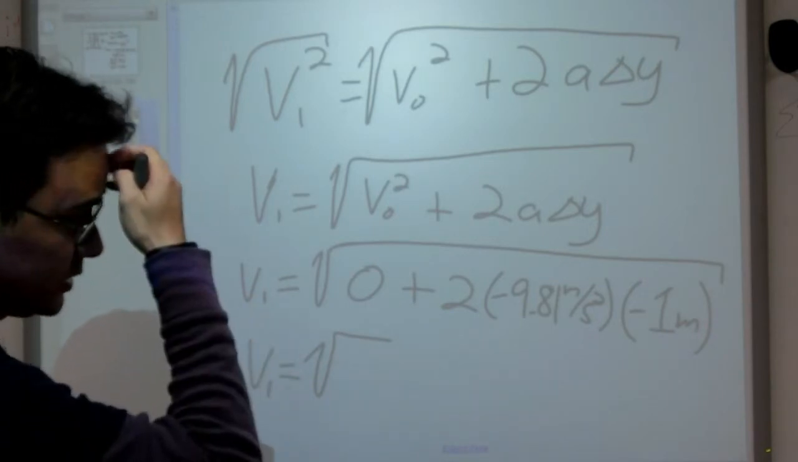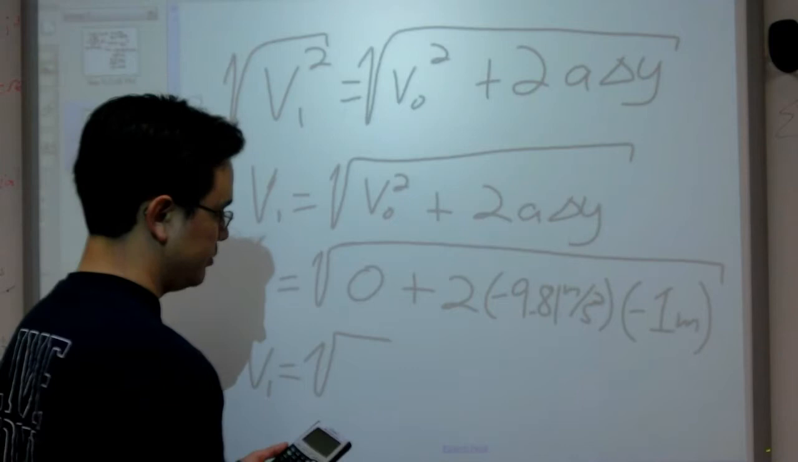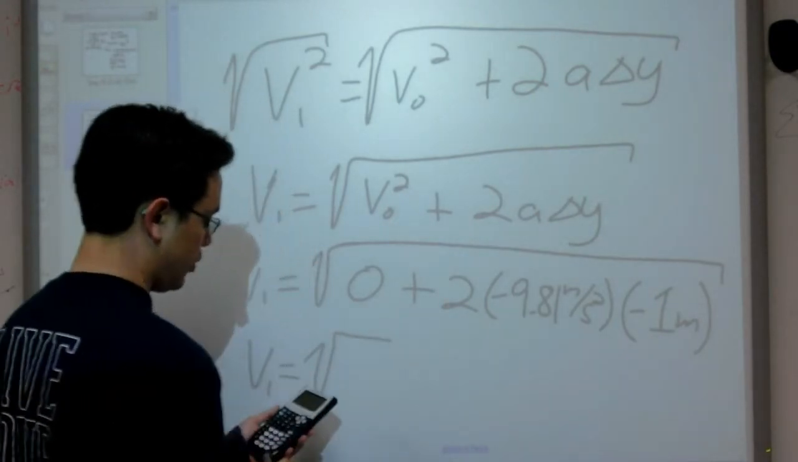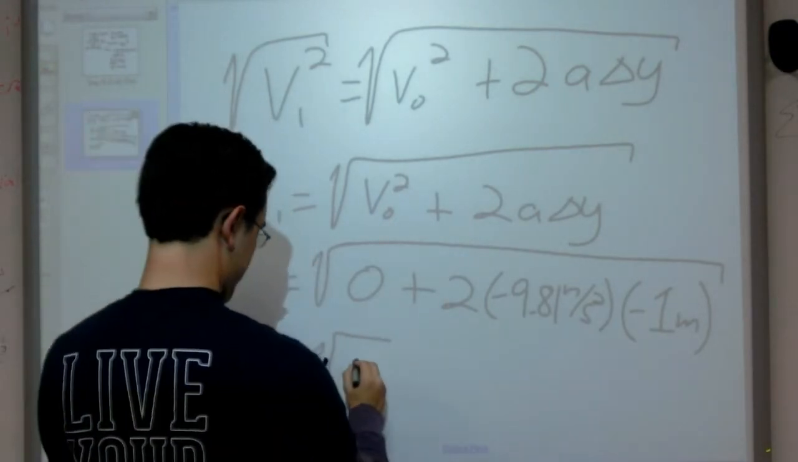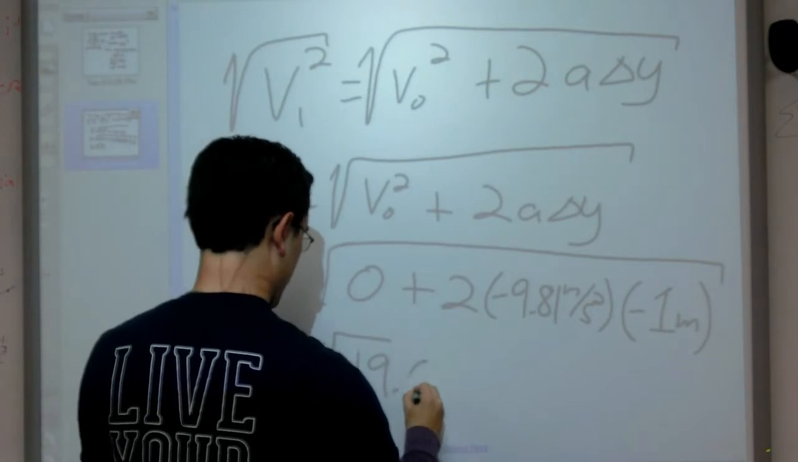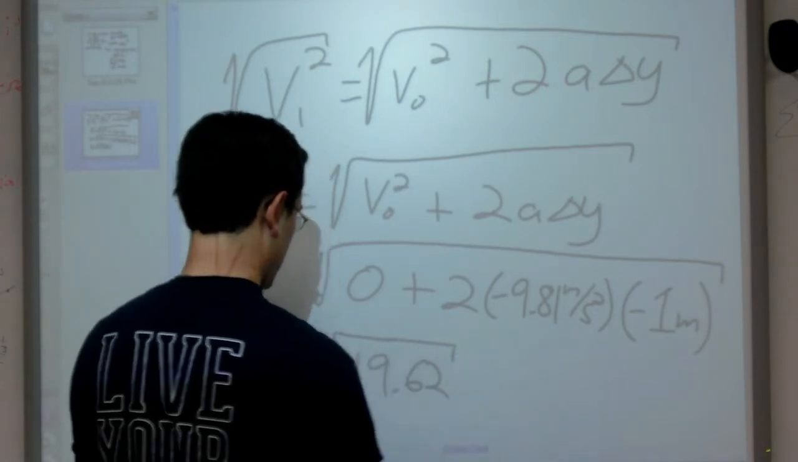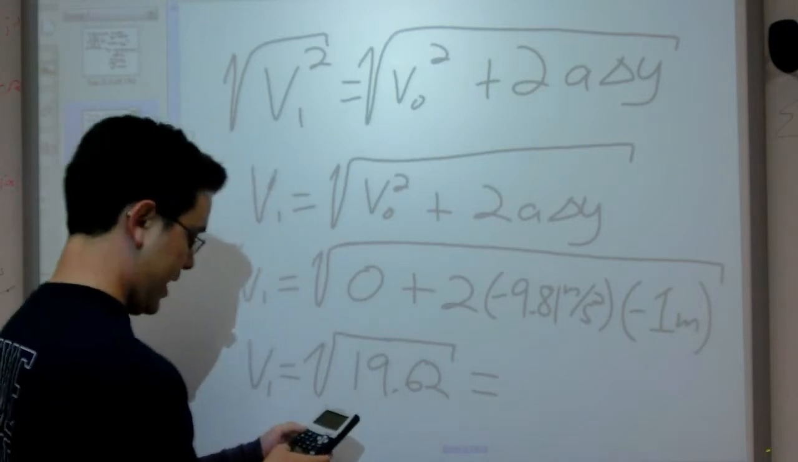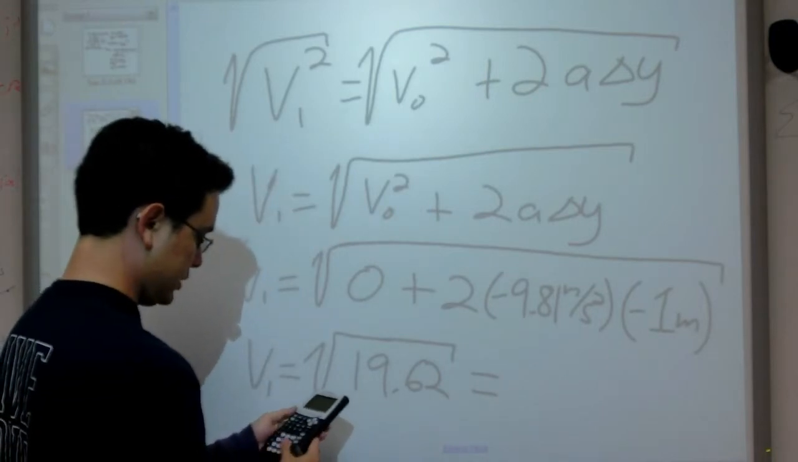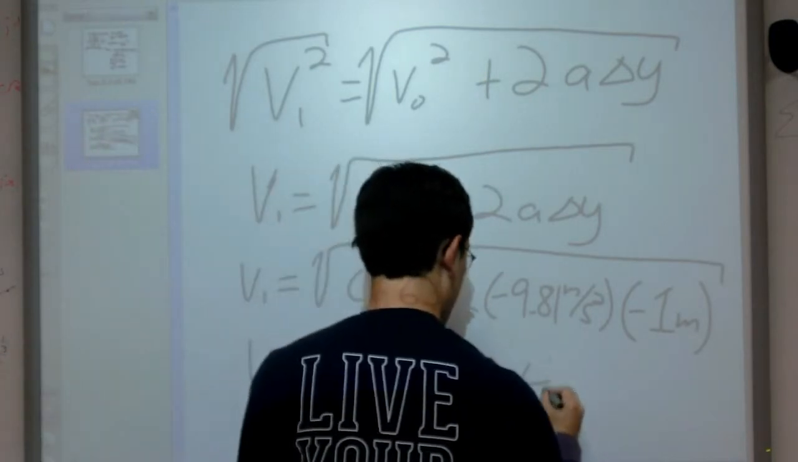And those two negatives cancel each other out and we get a positive, which is good because if we had a negative under a square root, we'd be having a bad day. We get 19.62. All right, so we take the square root of that to finish things up, and we end up with